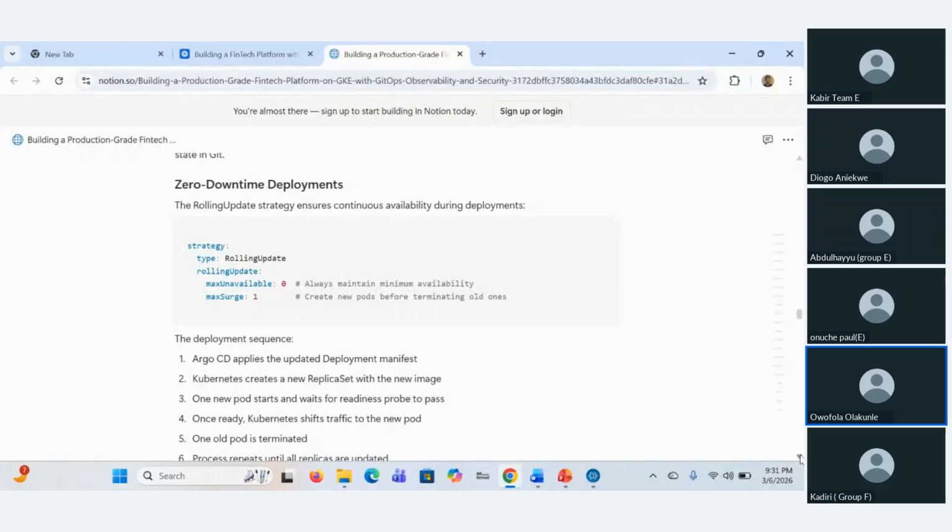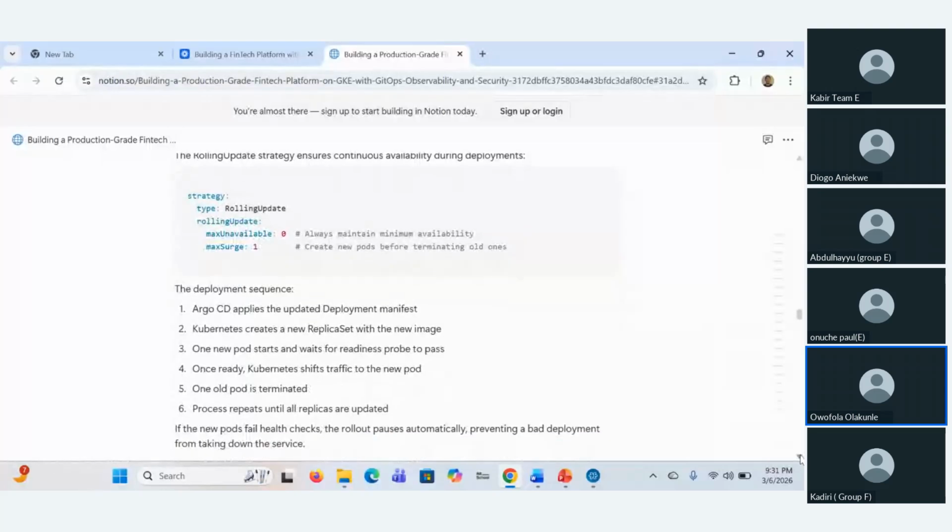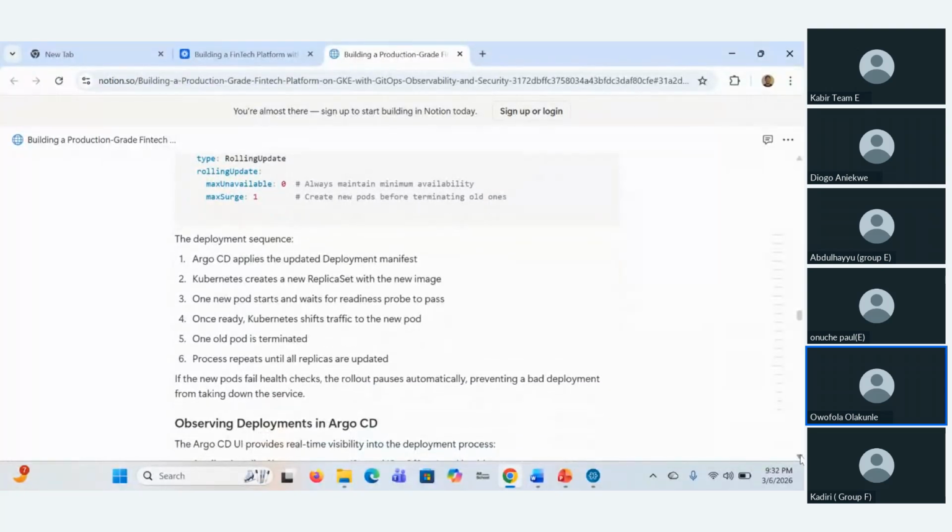But with zero downtime deployment, Argo CD will create the new pod before terminating the old pod, and make sure that the new pod is the one serving traffic before terminating the old pod. If the new pod is not serving the traffic, Argo CD will hold on until it is before it terminates the old pod. So this gives us zero downtime, and all our applications will be running.